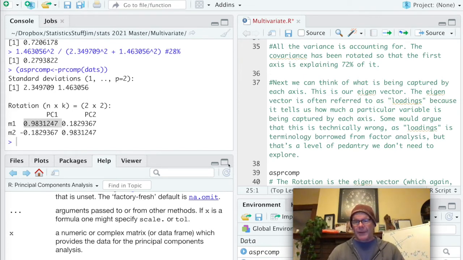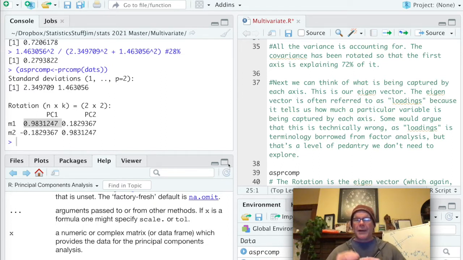Oftentimes, when you're collecting real data, especially morphological data, the most important component of the variation ends up being size. And if size is overwhelmingly an important axis of variation,